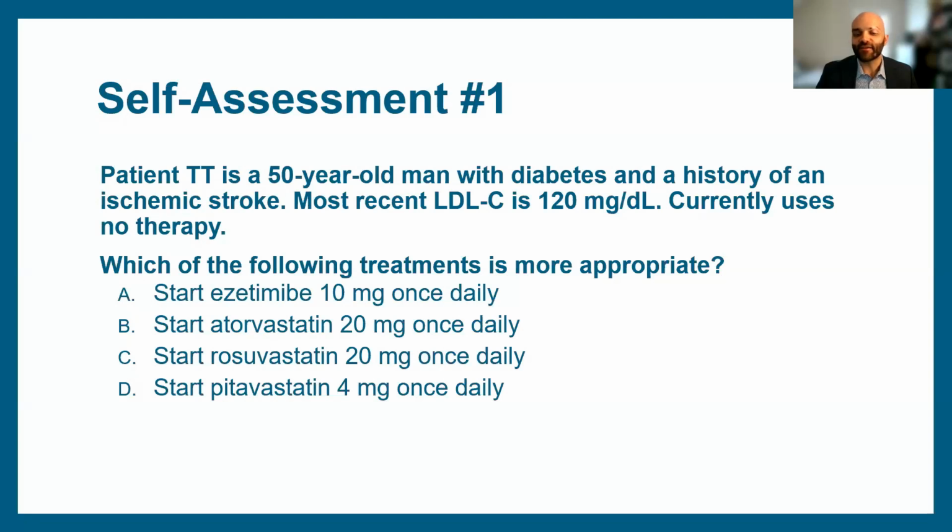And then for our other statin therapies, we need to parse out whether they are moderate intensity or high intensity. Our atorvastatin 20 milligrams is actually moderate intensity. Atorvastatin at less than 40 milligrams, so 20 or less, is considered moderate, and 40 to 80 is considered high intensity. Rosuvastatin 20 to 40 is high intensity. Anything less is moderate intensity. And our pitavastatin 4 milligrams is also moderate intensity.